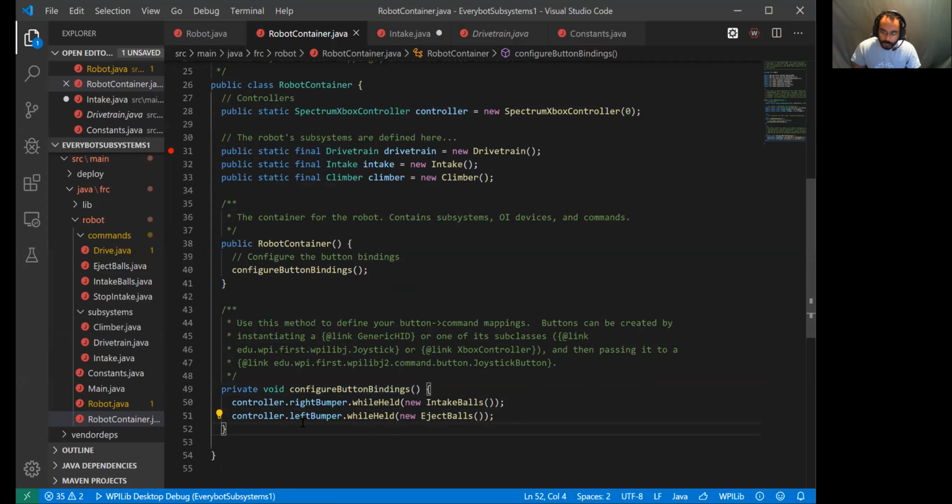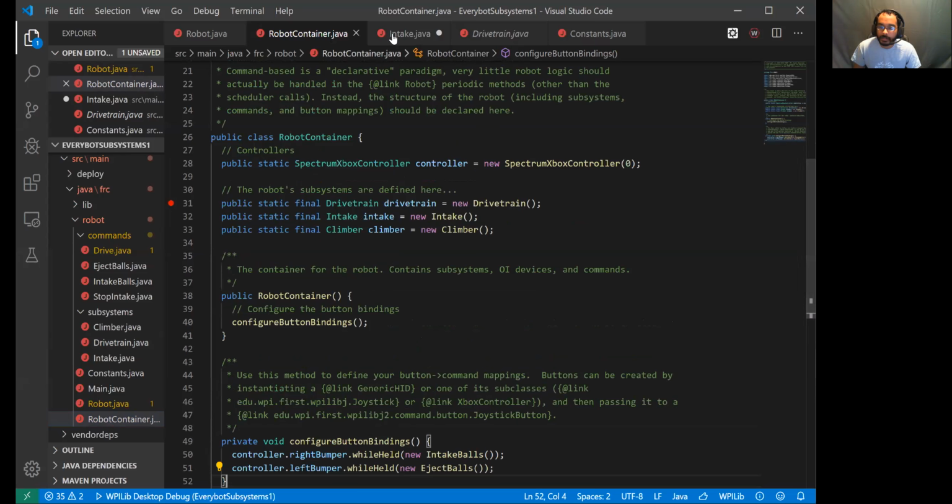So that's all we have to do to get the command scheduler to start watching for those button presses and acting on them. So anytime that the right bumper is held down, intake balls will be running, and as soon as we release it, the command scheduler will know it's not pressed anymore. It'll stop that command, and it'll have the intake run its default command if nothing else is running. So it handles all of that scheduling for us, so we're not writing a bunch of if statements to try to figure out what is going to work and what isn't. It does a lot of that work for us. So we can see